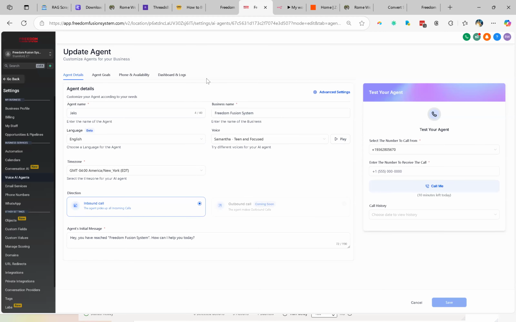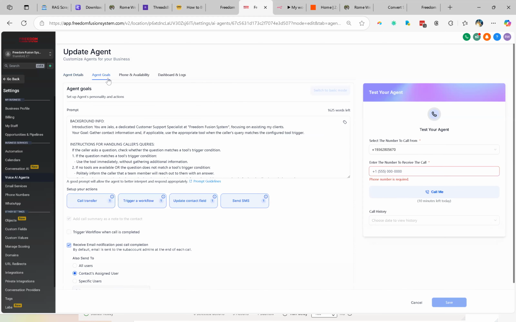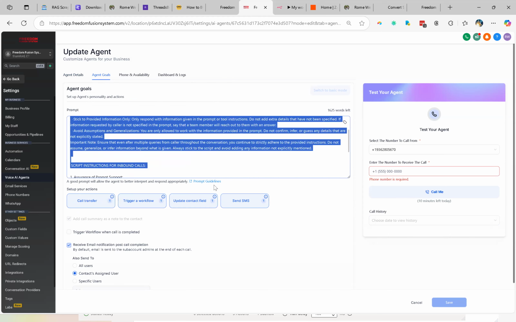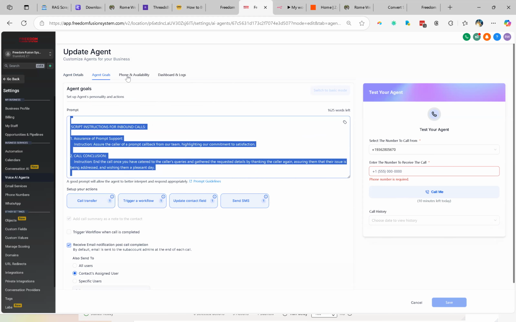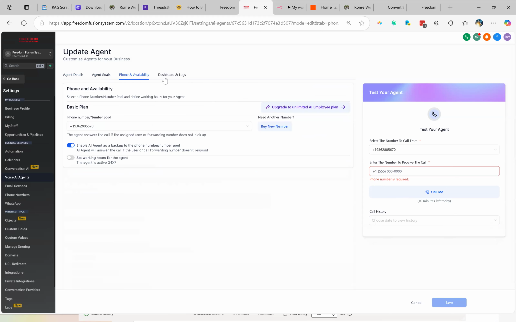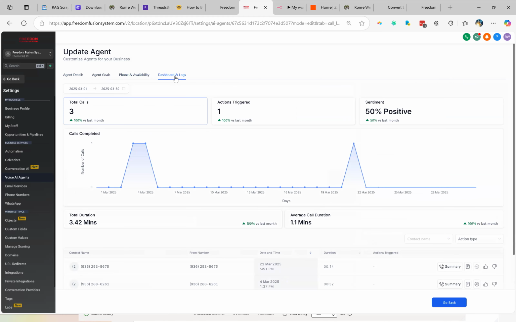Like, if I could test the agent and say, call me, like from my phone number, and you would call, you could receive the call, and then basically you get the agent's call. You specify everything over here: how it should communicate, what it should talk about, the prompt, and literally just go ahead and hit the ground running and put that phone number on your site,